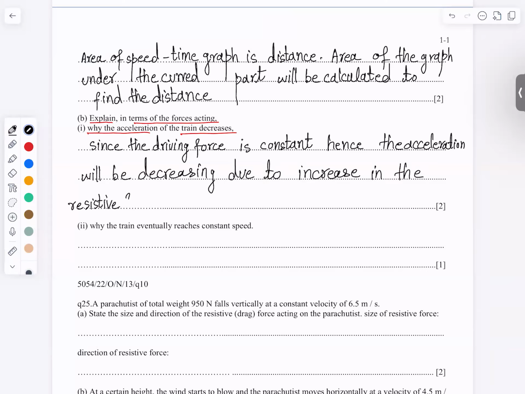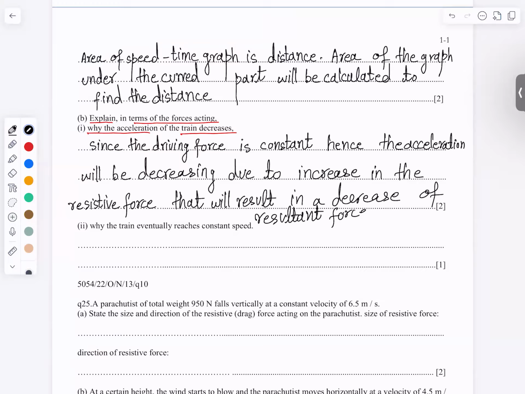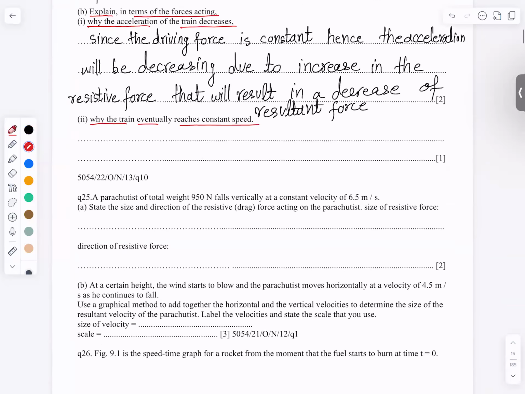Due to increase in the resistive forces that will result in a decrease of resultant force. तो बेटा जब रिजल्टेंट फोर्स डिक्रीज करेगी तो एक्सेलरेशन भी डिक्रीज कर जाएगा। तो ये है जी स्टोरी। अच्छा नेक्स्ट पार्ट अब, why the train eventually reaches a constant speed, because the net force becomes zero since